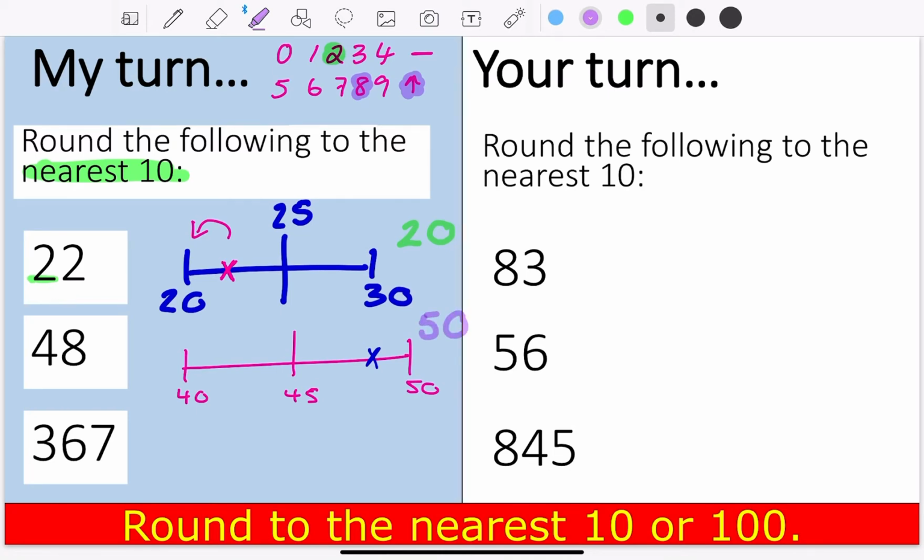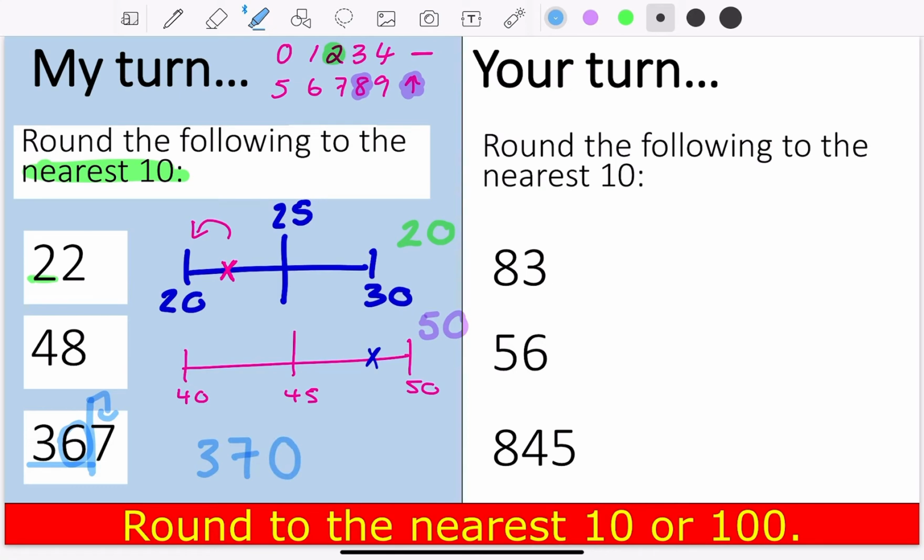And the last one, slightly more difficult because we've actually got a 3-digit number. However, our tens column is what we are interested in. So for this one, we could do it slightly differently. We could draw our line and go, right, here's my 10. So after that is going to be my neighbour. So my neighbour here is 7. Remember what we said? If our neighbour is 7, we're going to round up. So that would push our 6 up 1 to 7. But remember that is sitting in our tens column. So we're going to end up with